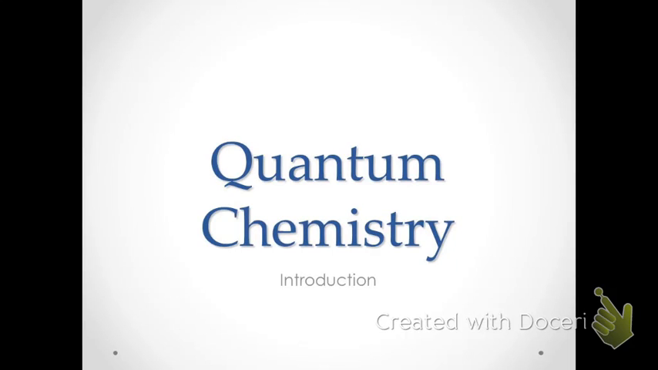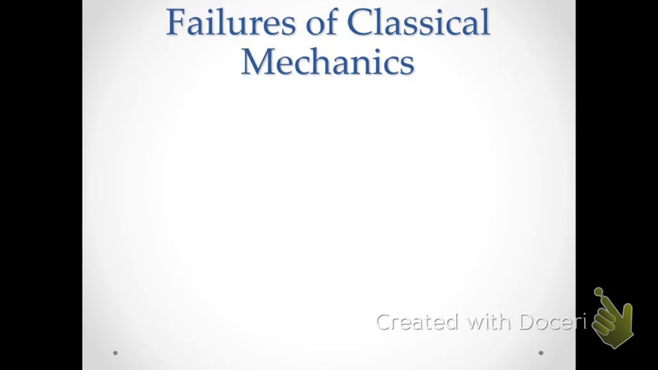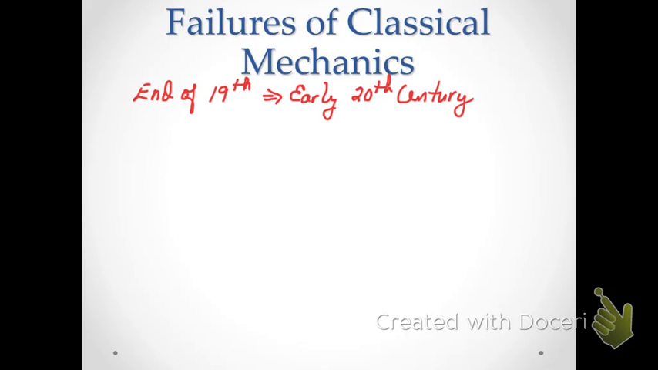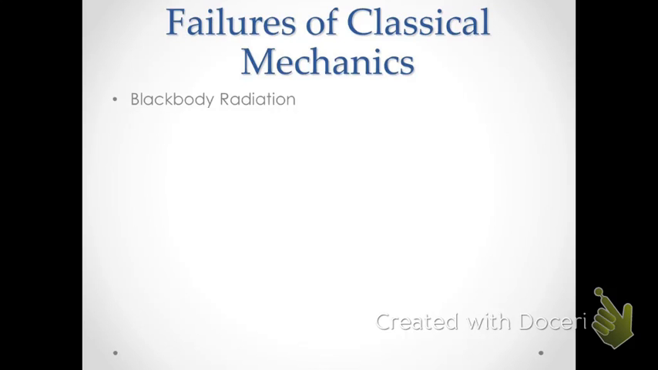Hello, this video begins our introduction to quantum mechanics. We'll start by looking at the state of physics at the end of the 19th century, the beginning of the 20th century, where we begin to see some issues with experimental results that could not be explained by classical or Newtonian mechanics. Specifically, we're going to be looking at four